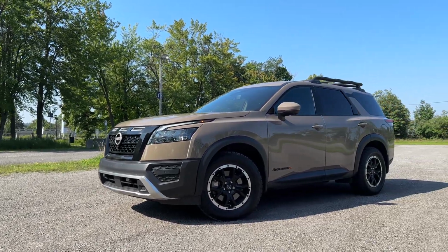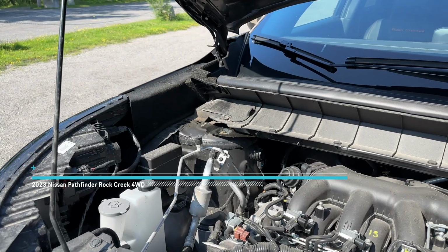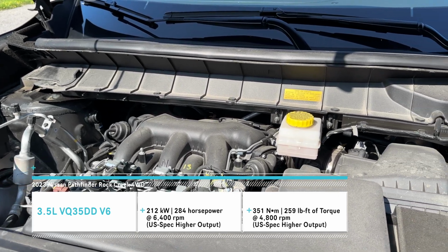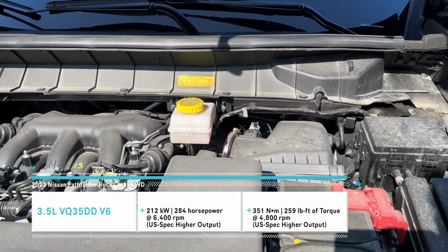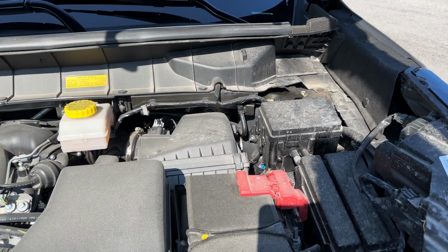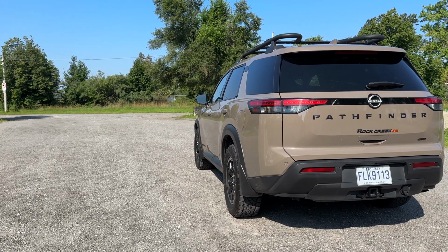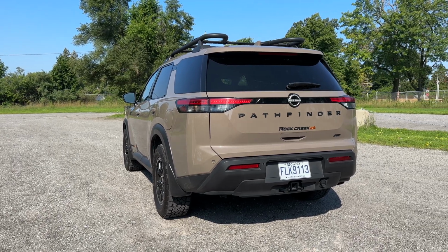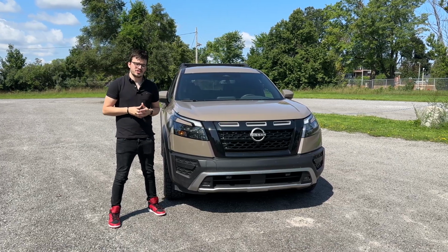So let's take a look quickly under the hood. It is a 3.5 liter V6 engine with 284 horsepower, 259 pound-feet of torque. You're also gonna get a 9-speed automatic transmission, and of course, it's meant for the off-road, so we're getting that all-wheel drive system as well. So with all the specs out of the way, let's take a look at what you get for a $50,000